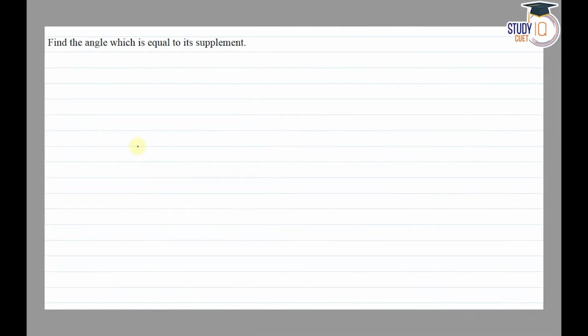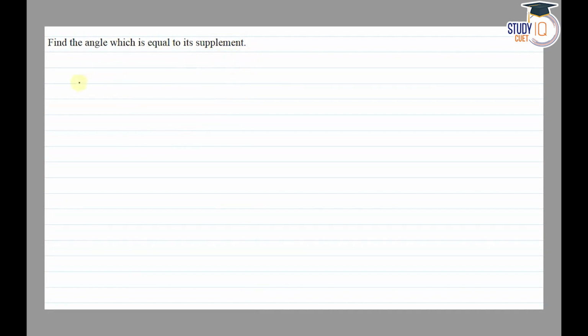Hello everyone. This question appears in the class 7th NCERT chapter of lines and angles. This is the fifth question of exercise 5.1. The question says: find the angle which is equal to its supplement. A supplementary angle is when the sum of two angles is equal to 180 degrees, then they are supplements